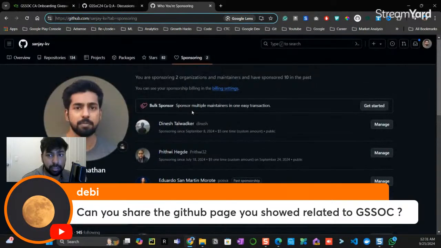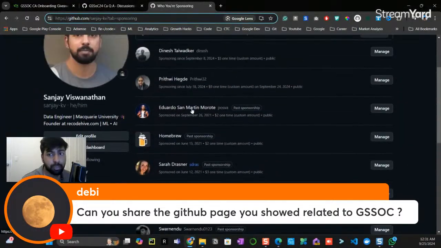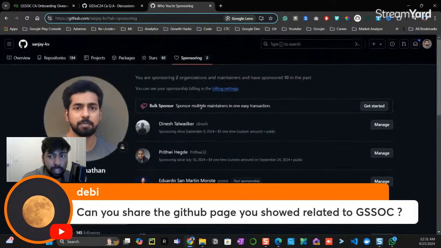And these are the past people I have sponsored. All these people were part of the last GSoC program, and a few of them were from some other programs. GitHub was one of the first ways that I got my salary, even if it was like 500 rupees or something, it was some motivation for me, being a student, to have some random person sponsor me for something which I did. So this is another perspective of the open source programs which we have.